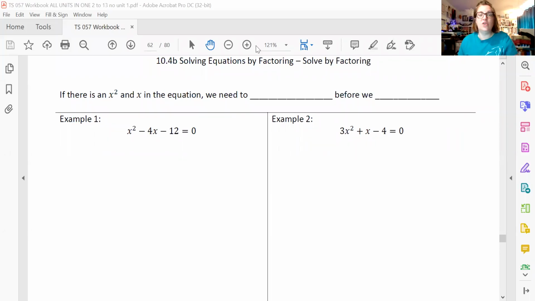10.4b, solving equations by factoring. Solve by factoring. Okay, so this is like taking what we did in the last section and adding one step